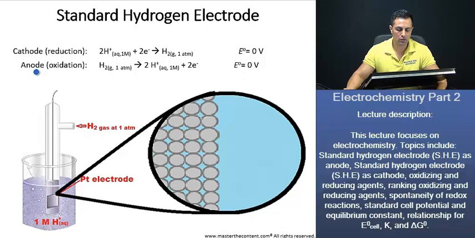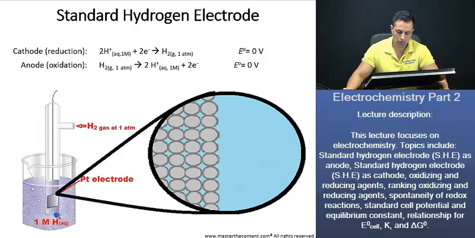Now at the anode, we're going to see oxidation take place, and our hydrogen gas is going to be oxidized, and it's going to give us 2 hydrogen ions plus 2 electrons. Wonderful. Now let's take a deeper look into the workings of the standard hydrogen electrode. We see here that hydrogen gas at 1 atmosphere is going to be bubbled through